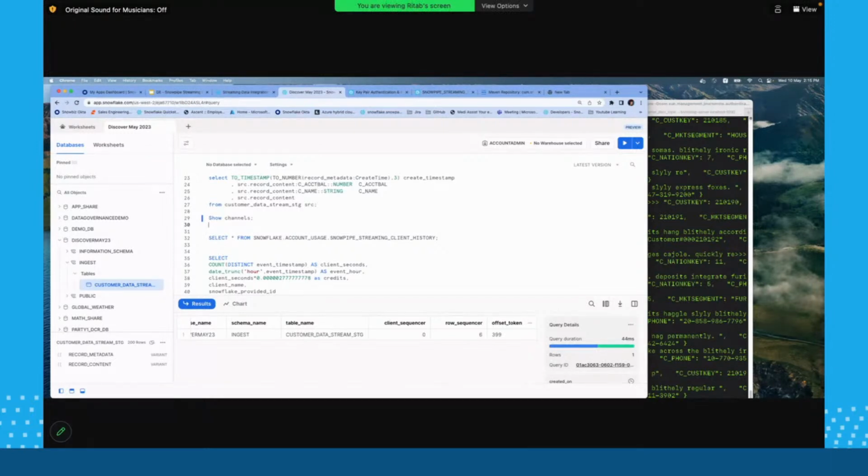So the moment it is at least once, there is a possibility a particular record can be delivered to your subscriber more than once. In that case, you will have to configure streams, the CDC mechanism based out of Snowflake. This has nothing to do with Snowpipe streaming, because if the same record comes in 2 different channels, Snowflake has no mechanism to identify that the same record has come into 2 different channels or partitions. In that case, you will have to rely on Snowflake streams.